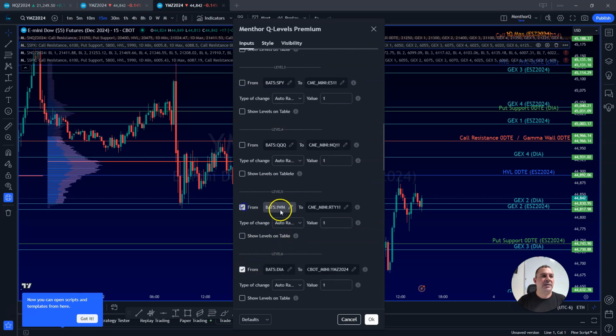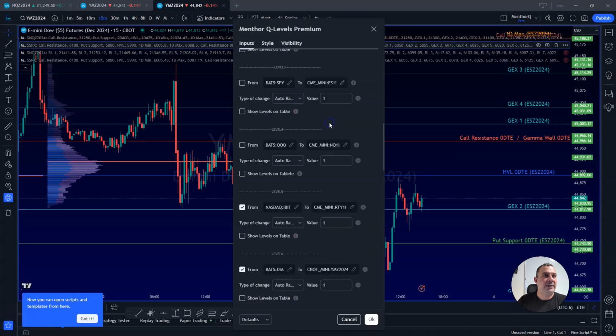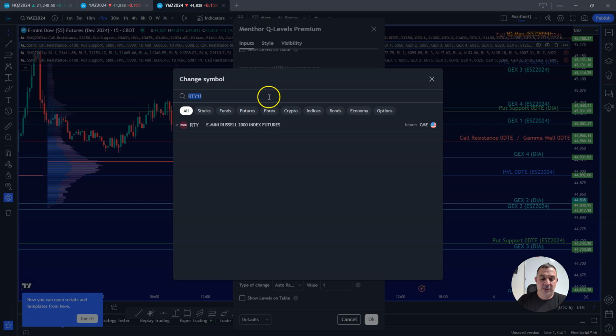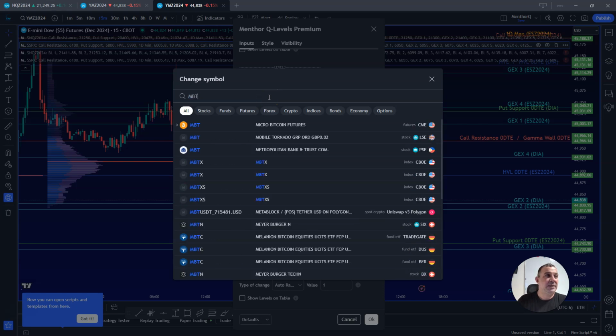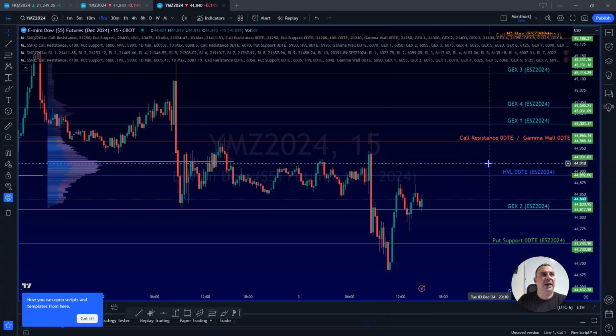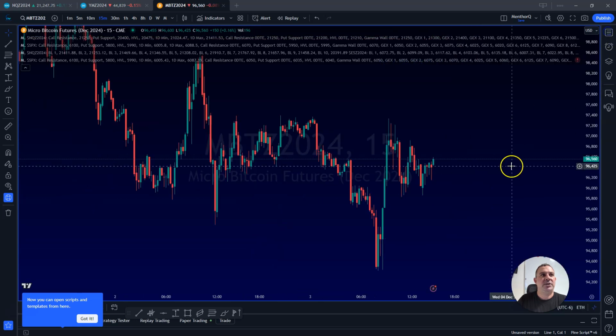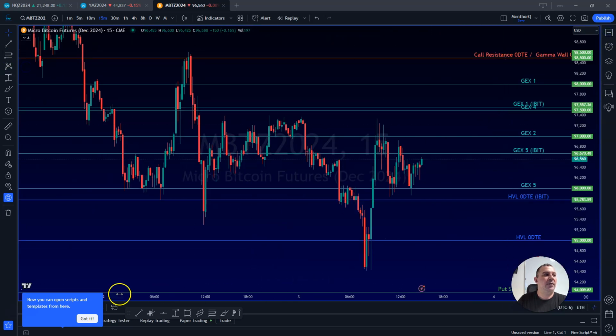I'll just select this and I'll pick IBIT. It's a new options trust ETF for Bitcoin at NASDAQ. And I want to go ahead and just pick MBT, the December contract of Bitcoin. Okay, and let's go ahead and select Bitcoin. I have it in my futures section,